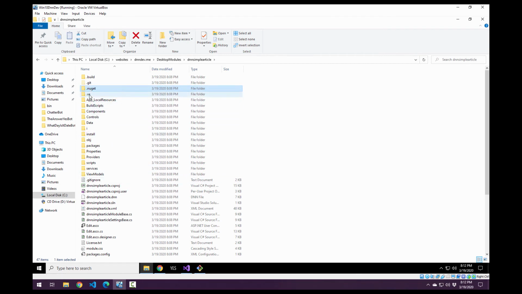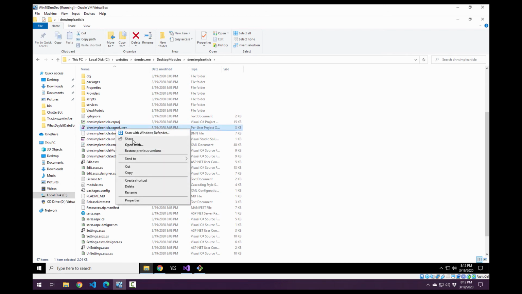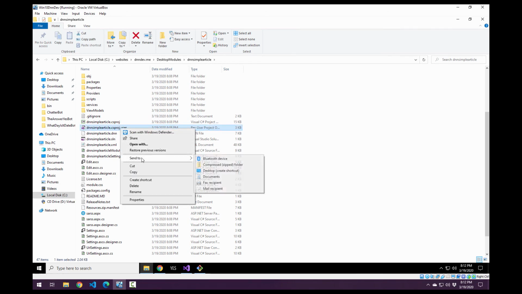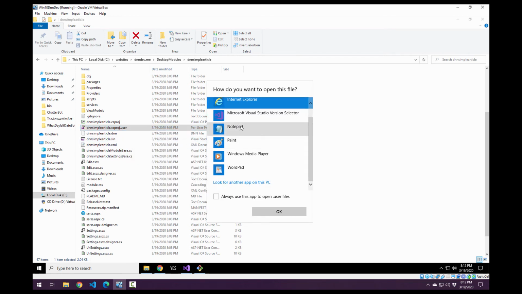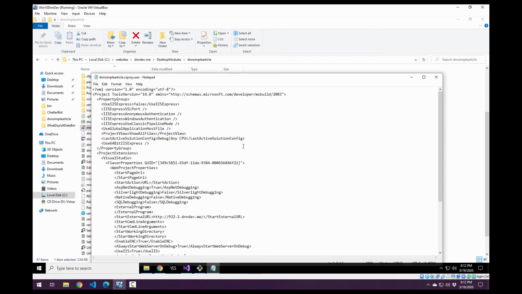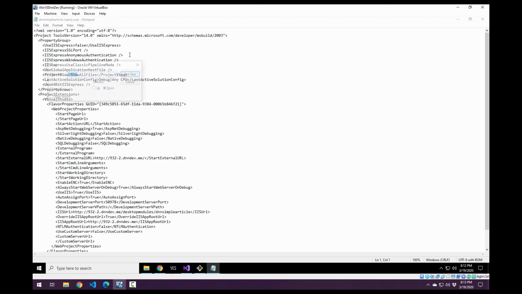So I'm gonna shoot from the hip here, and I'm gonna rename this VS folder to VS save, just to kind of throw it out and see if that will help me. Actually, it might not. I wonder if it's not this CS_proj user file. So let's try that guy real quick. I'm going to do an open with on that, and I'm going to navigate to that Notepad text editor, and here I'm going to search. There it is. So if I search now for DNNdev.me,